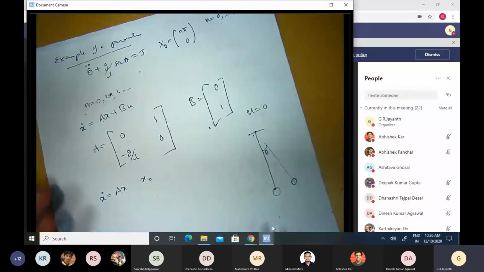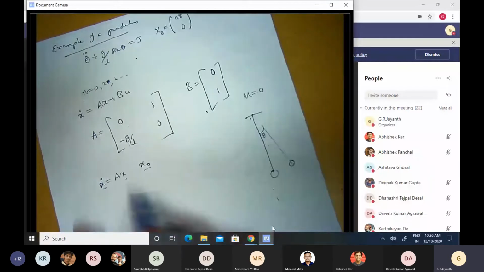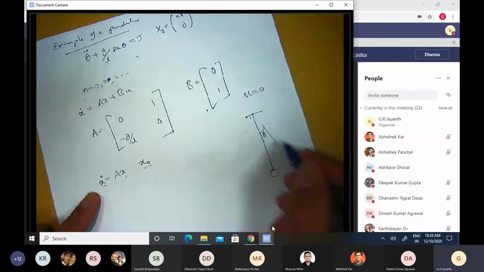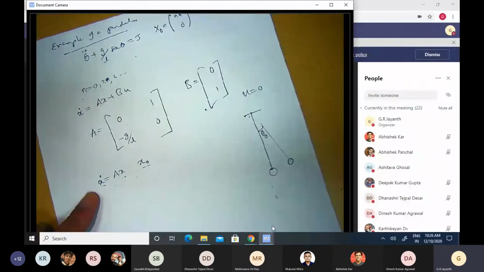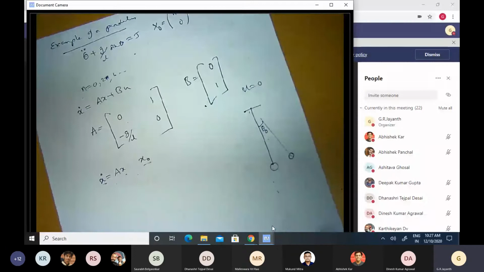Then this is what I mean by the system obeying this particular differential equation with this particular initial condition. Okay, so this is a picture that you can imagine when we are talking about this differential equation and this initial condition. Initial condition could be some initial angle theta naught by which I have displaced the pendulum bob away from its equilibrium, or some initial velocity that I might have provided to the pendulum bob, or a combination of the two. Okay, so how do we solve this differential equation?